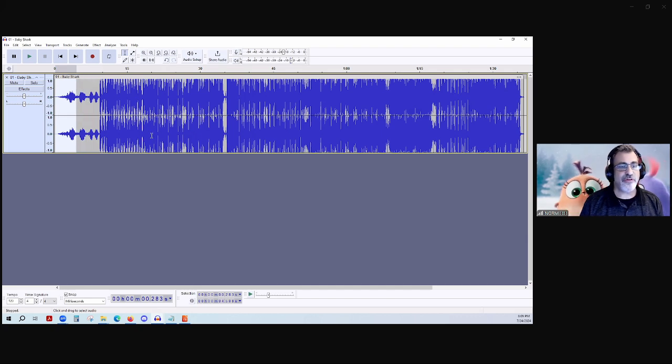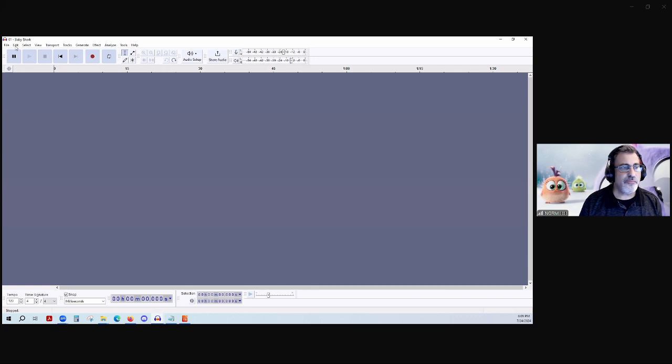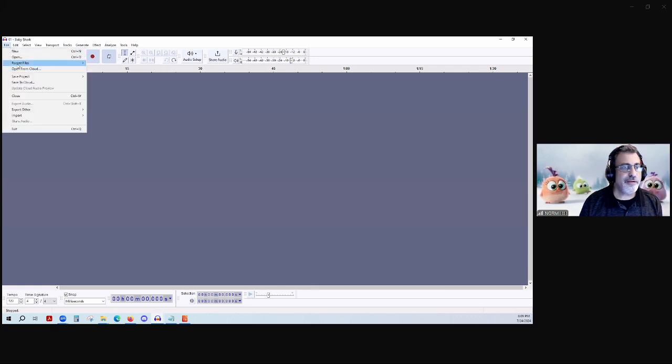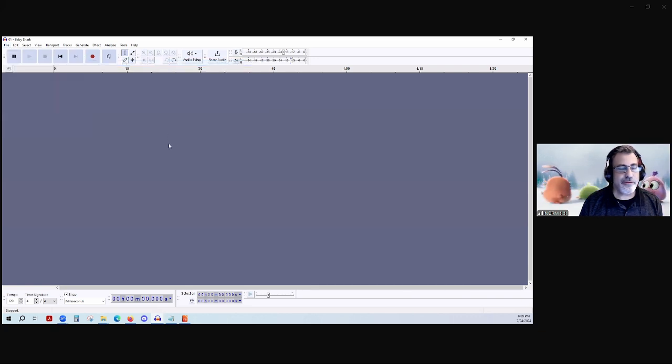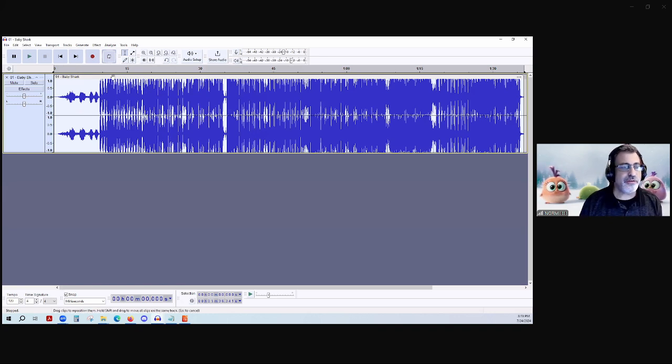Audacity has a lot of great features in here, and I'm going to show you different things we can do with different audio. Baby Shark is just being an example here. You'll notice if you look, this is your waveform, right? This is what your music looks like. You'll notice up here, this is all the way at the top.